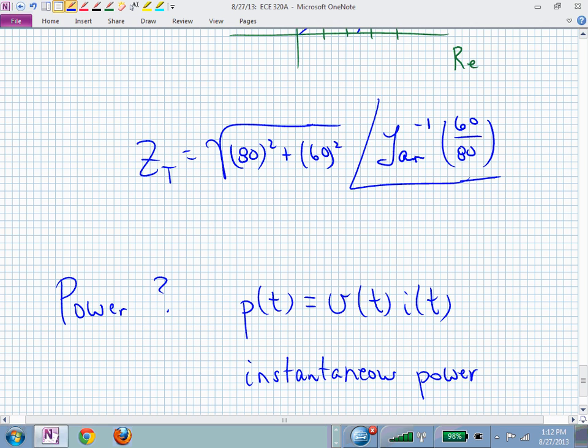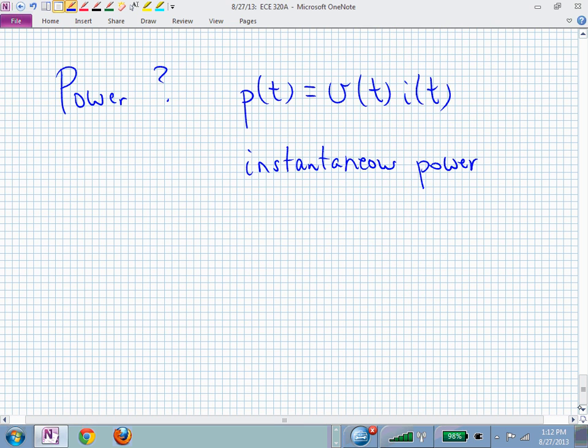Now we're back in trigonometry, trying to figure out what are products of sines and cosines, or cosines and cosines, etc. We like to work things a little more easily. And for that reason, maybe we don't want to know what's happening instantaneously with the power. If this has happened for a long time, maybe we're just happy with the average power. And that's what we're going to be starting to worry about, these different kinds of power in this class. One of those will be the average power, or